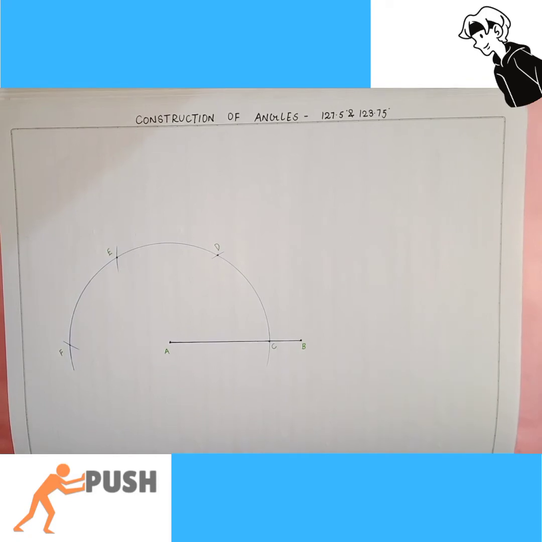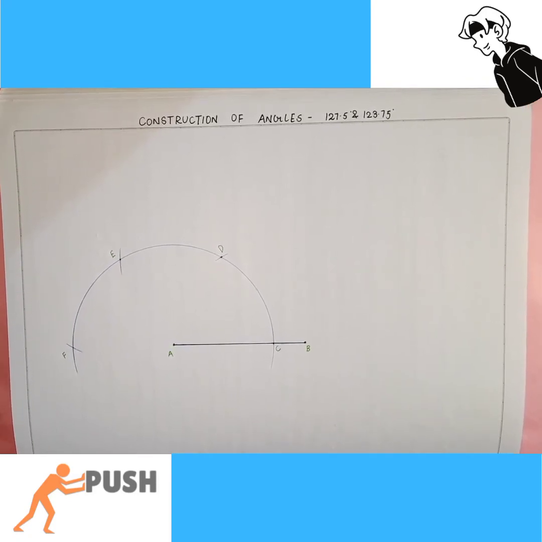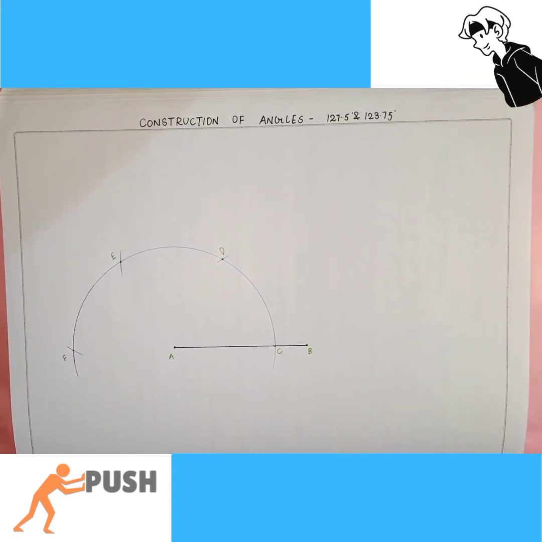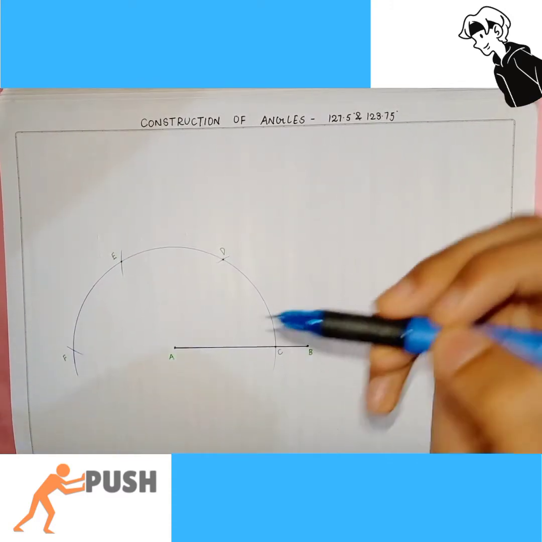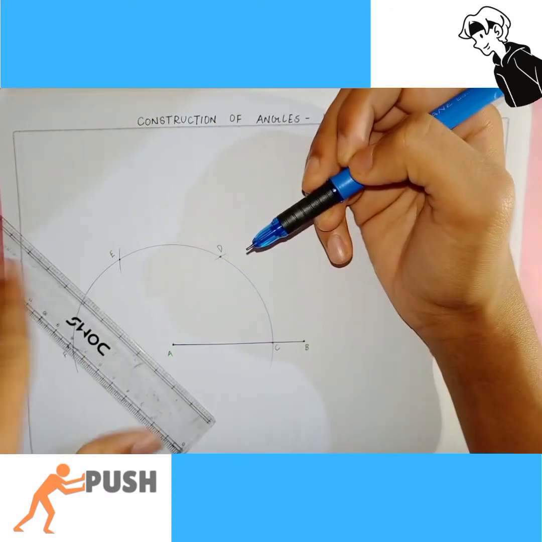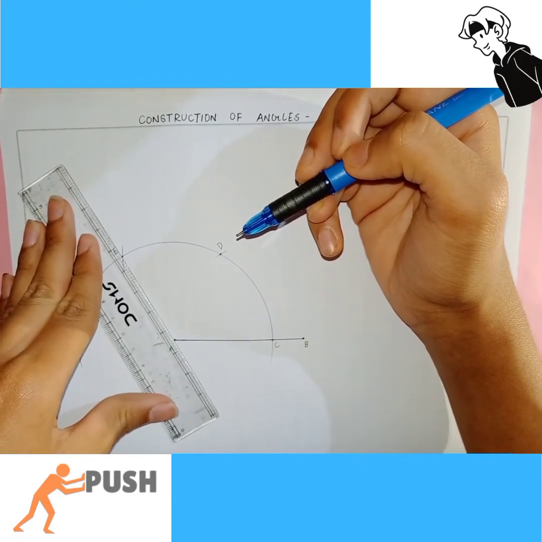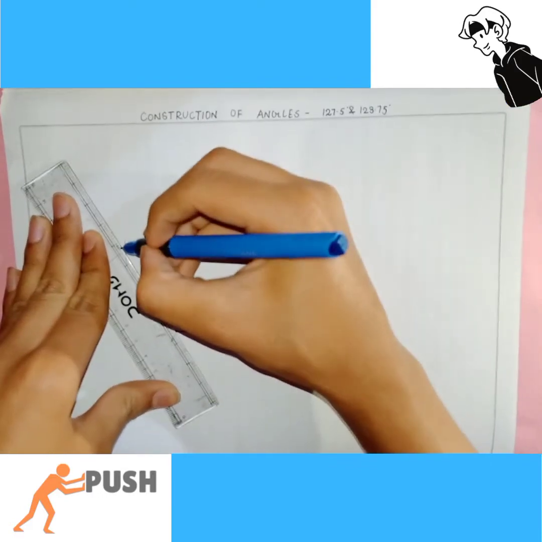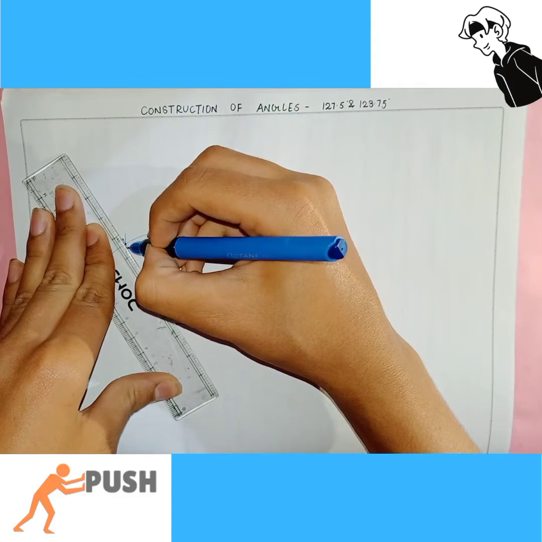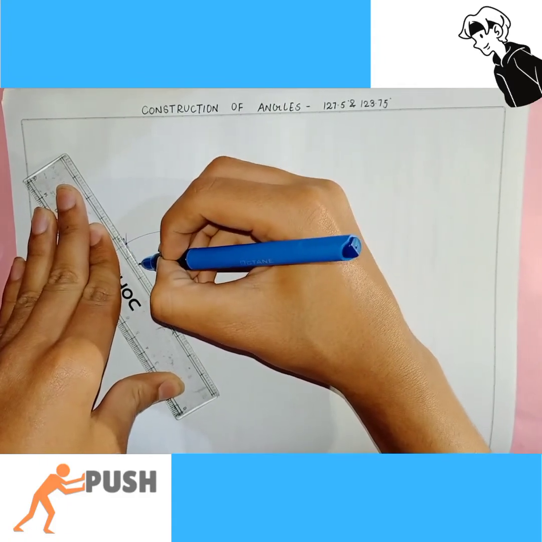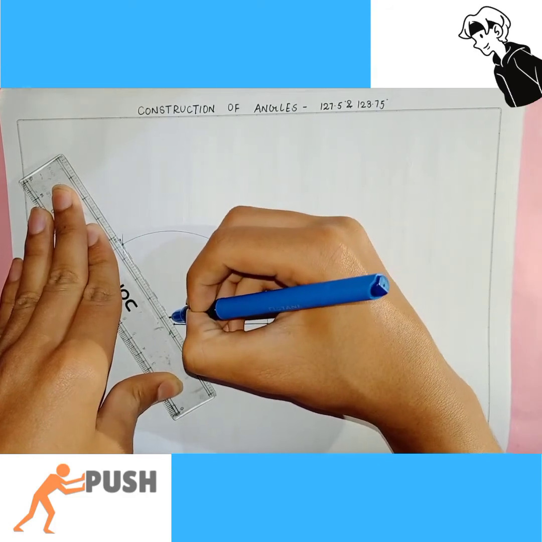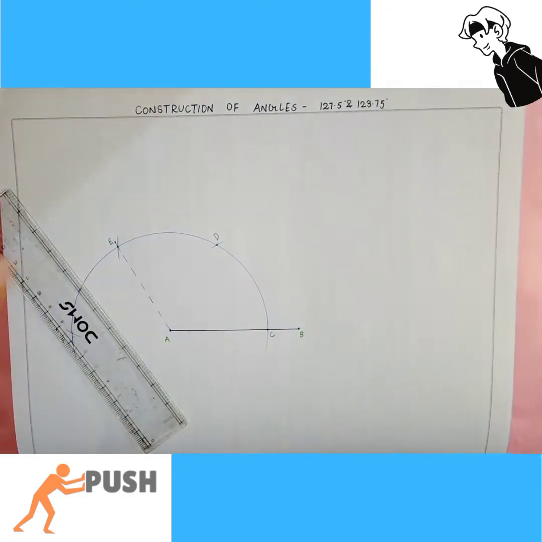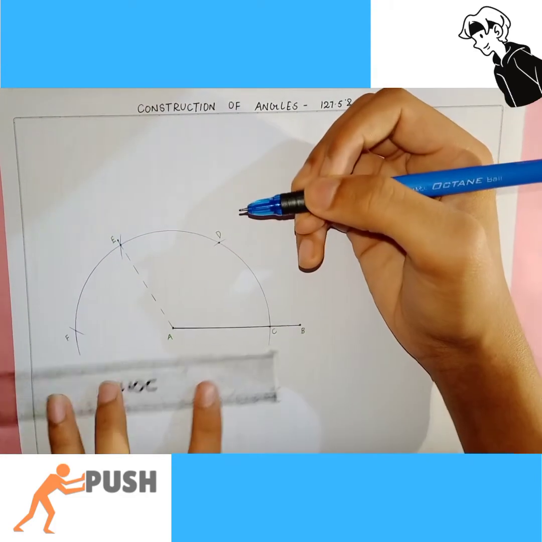So let's come to the main things. First we'll join the points. So first we don't need to join A and D, so we'll join A and E. We generally draw a false line or a dotted line. We don't draw a complete non-broken line. We draw a broken line. A straight line is not recommended. You can draw, but it's not recommended.